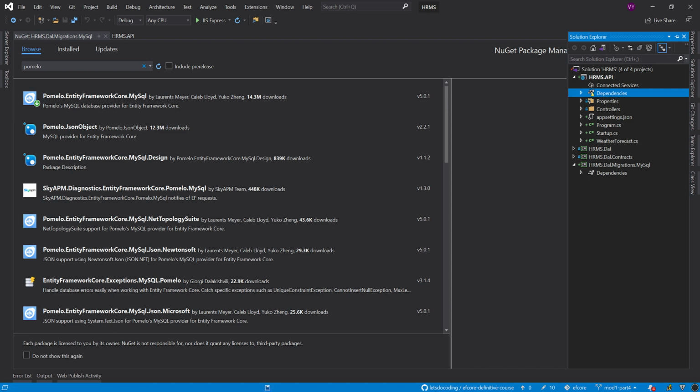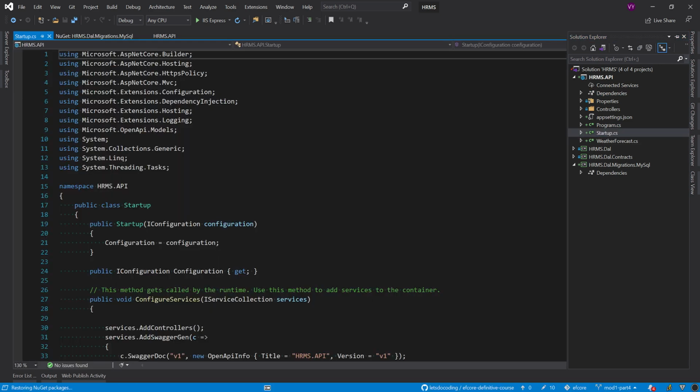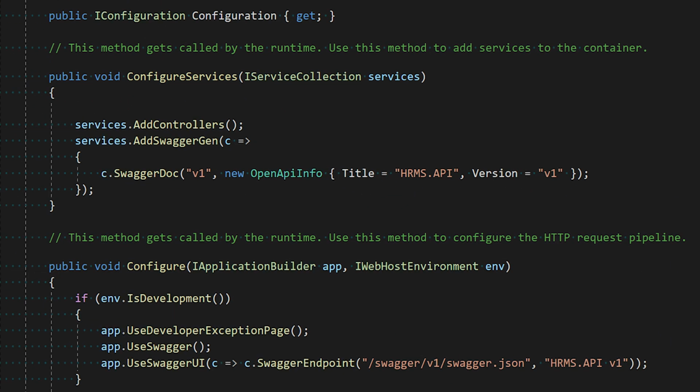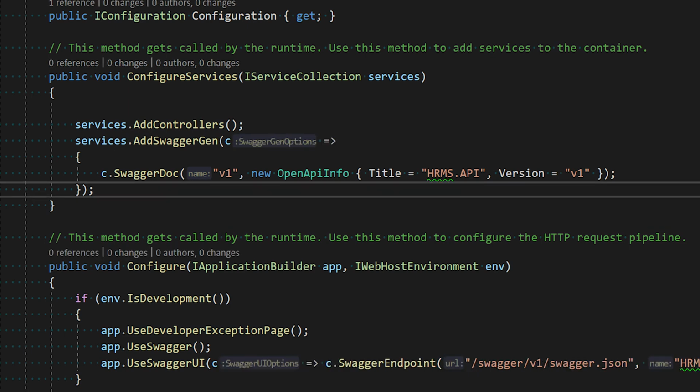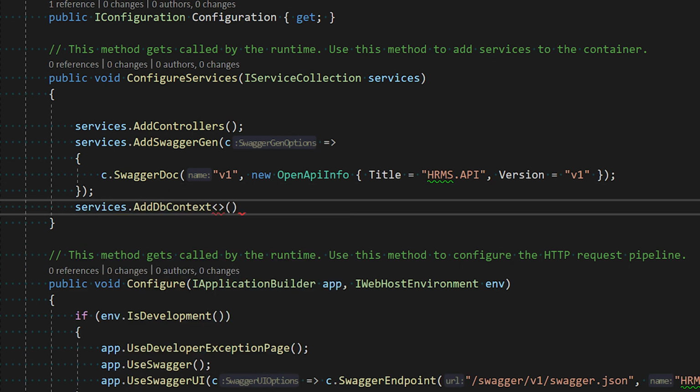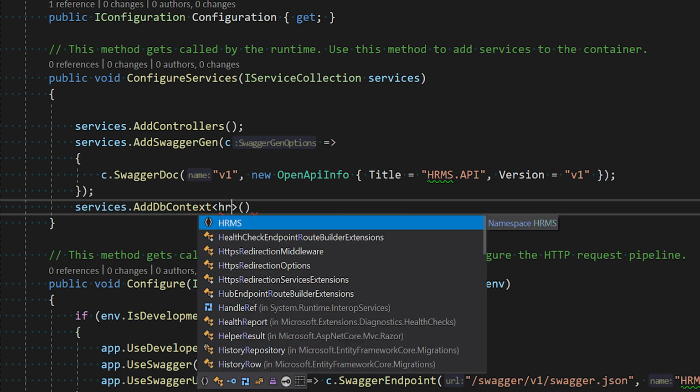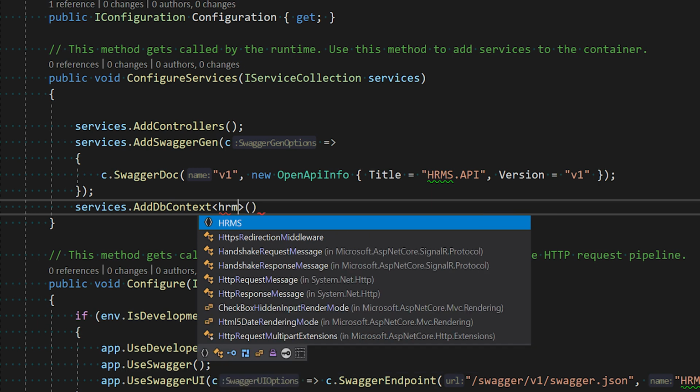Now once that part is done, basically we need to update our startup file for the new changes. So we need to have our database context being aligned, and that we can do straight from here. So if we just refer this one, and we need to pass in our DB context, which we can do right over here.